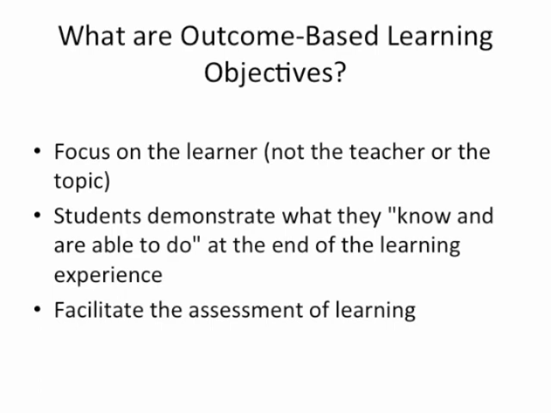So it's not what you want to cover. It's not what would be nice to know. It's what are they able to do. So when we talk about matching our objectives to the outcome, what the outcome of the activity is, you're using that as a framework. What do you want the outcome of this activity to be? What's nice about outcome-based learning objectives is they help you to facilitate assessment. When you're writing an outcome, you know actually where you want the learner to be at the end of the activity, and so you can plan your assessment to demonstrate whether or not the objective was met. So they're a useful way to plan an activity.